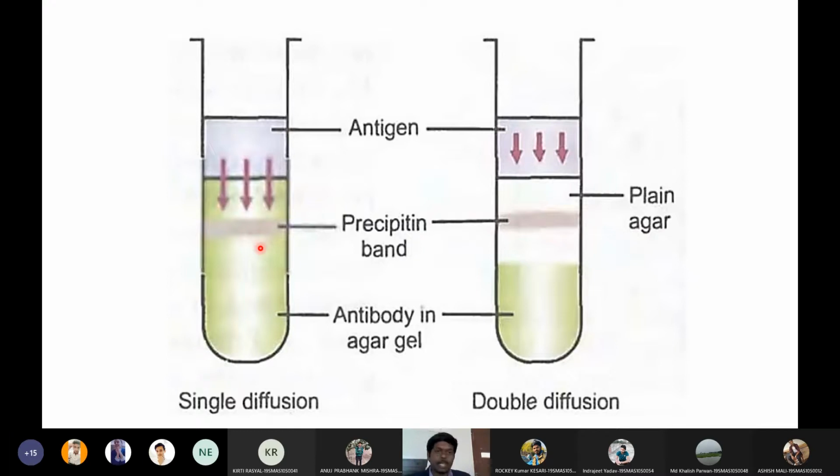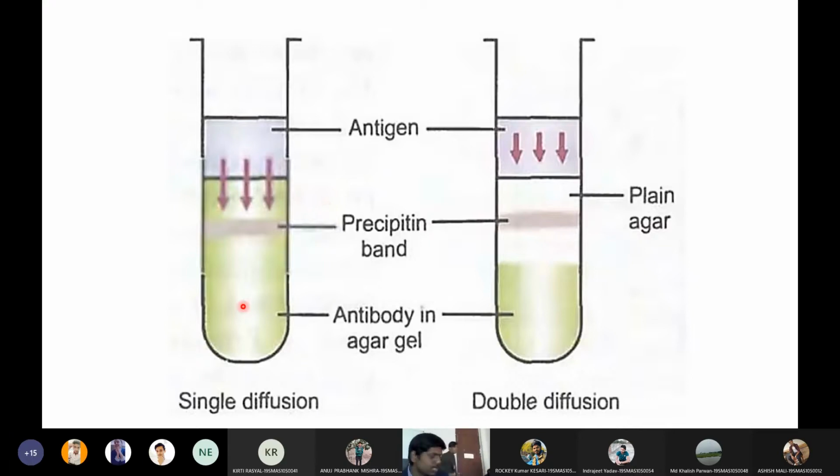Sit in my back side. So this is called single diffusion in one dimension, and this is a double diffusion in one dimension. Is this clear so far, students? Are these pictures clear for everyone? You can sit near my back. Yes, sir. Directly you can see my laptop. Okay.